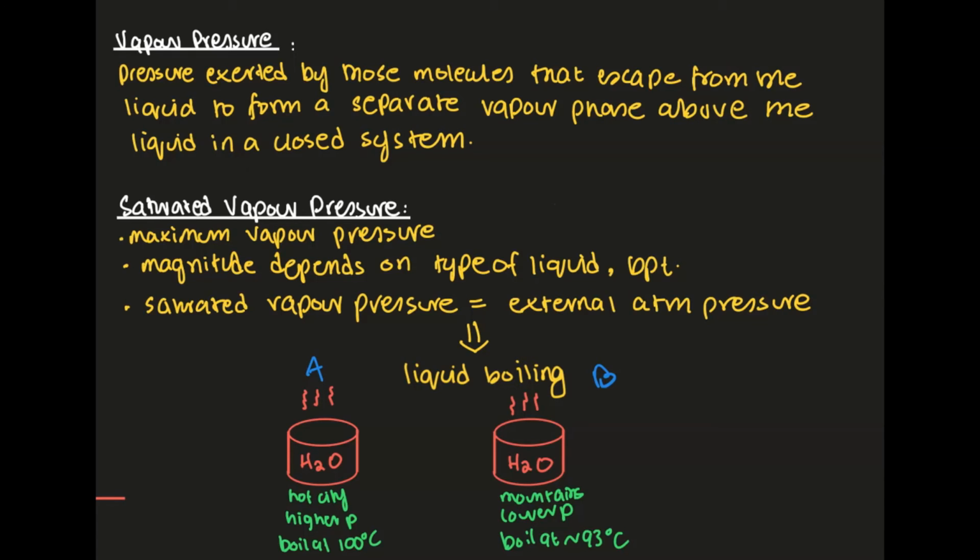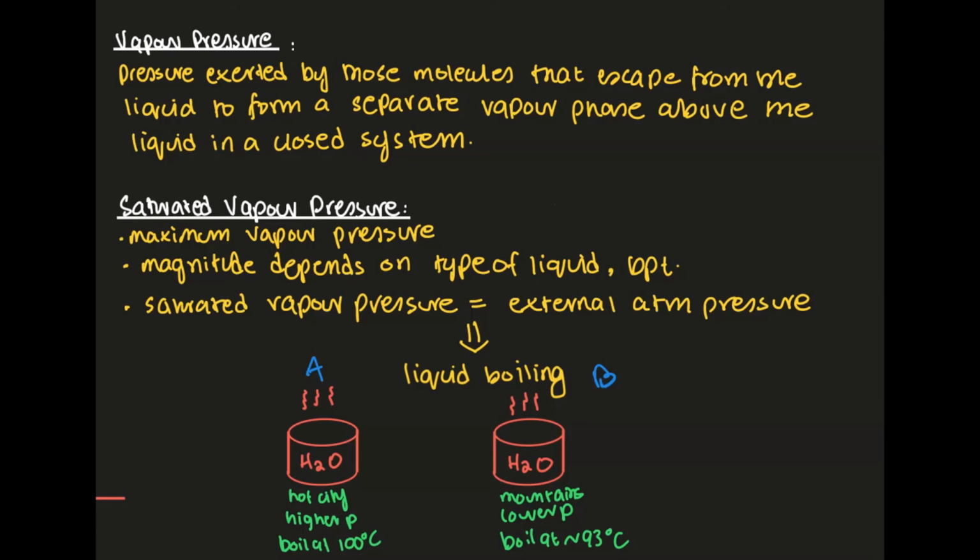So in situation A, you have a liquid, over here water, which is being heated. And in situation B, you also have the same water, which is being heated. So the type of pan is the same, the type of liquid is the same, there's no impurities over here. Now in situation A, it's going to be in a city that has a higher temperature, so it's going to be a hotter city. Whereas situation B is going to be in mountains, which is normally cooler, right?